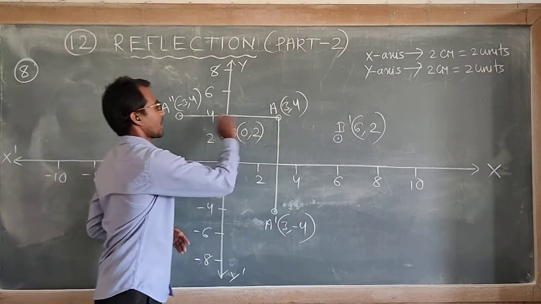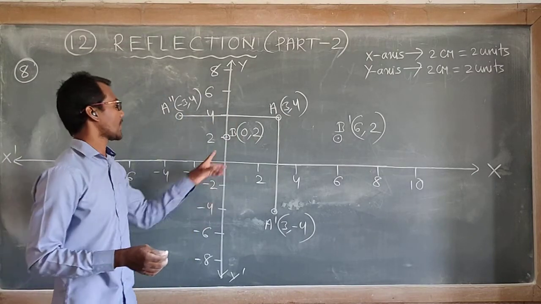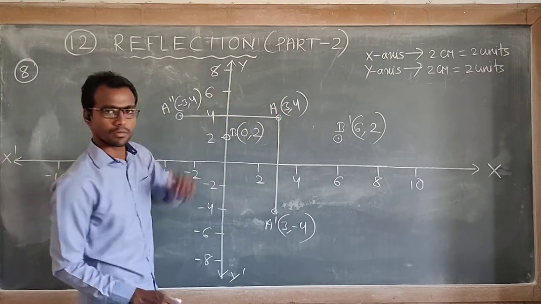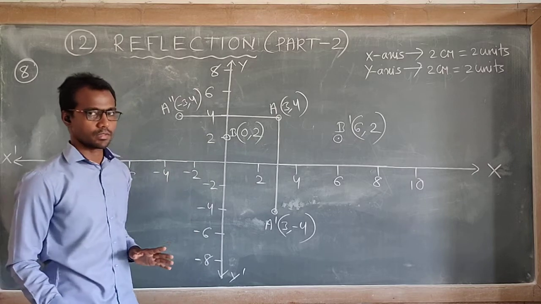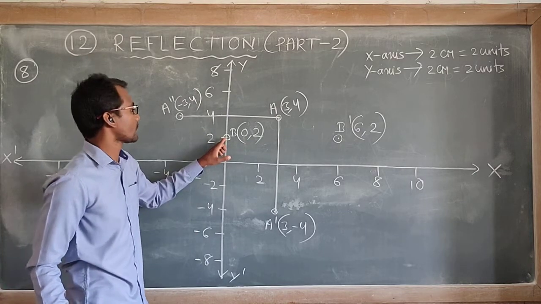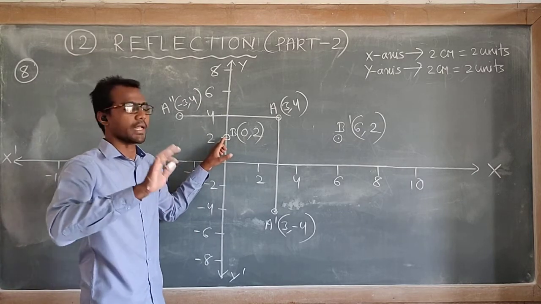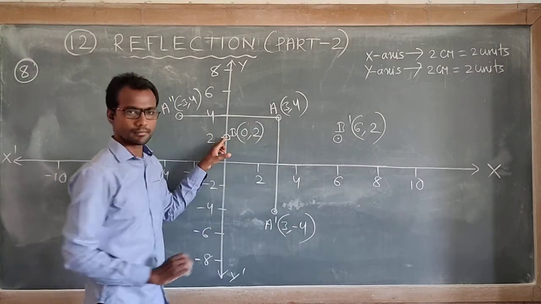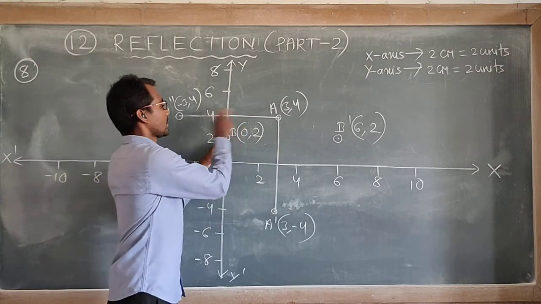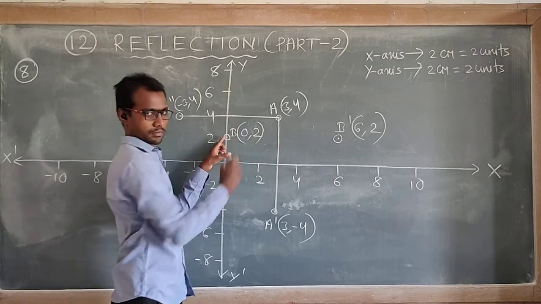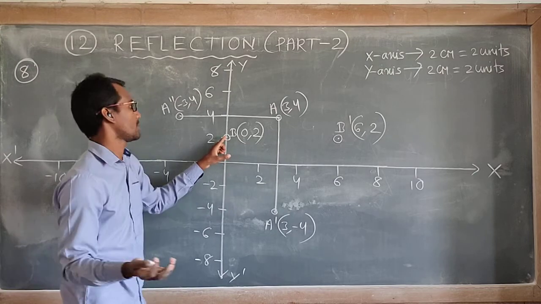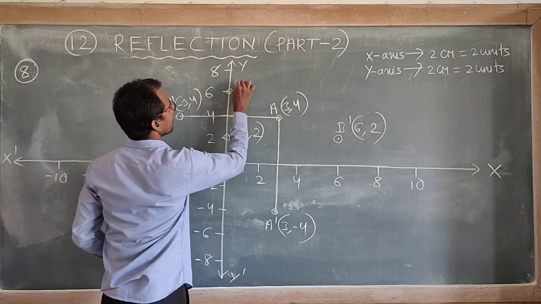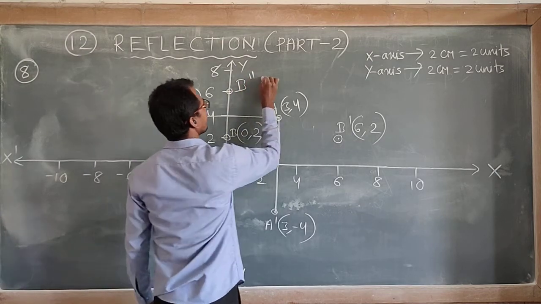So this is the line in which we are going to reflect this point B. This will behave as the mirror line. This point will be reflected. So now don't look at the x-axis or y-axis. Simply look at this point and this line. If this point is reflected in this line, then its image will be formed here by obeying laws of reflection. So B double dash will be formed here. This is B double dash